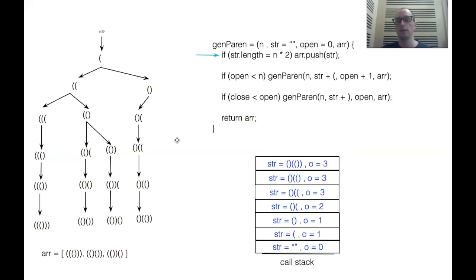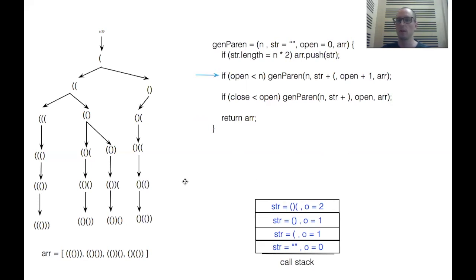So our string length is n times 2, so we will push that into our answers array. And we'll move through our lines of code because we can't add any more parens, popping that off the stack. And we'll return to where we were when we were last in this execution context of this function. And then we'll move to the next line, popping this off the stack. And we'll do the same for all of these function calls until we get to